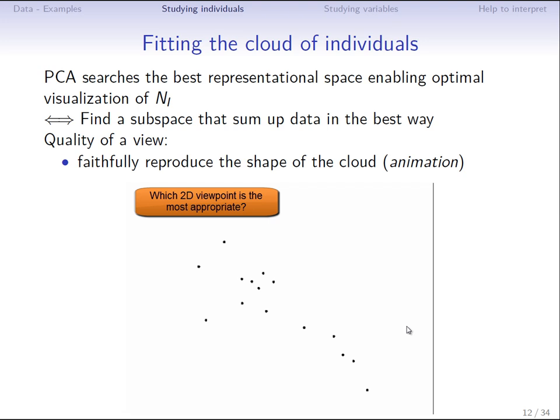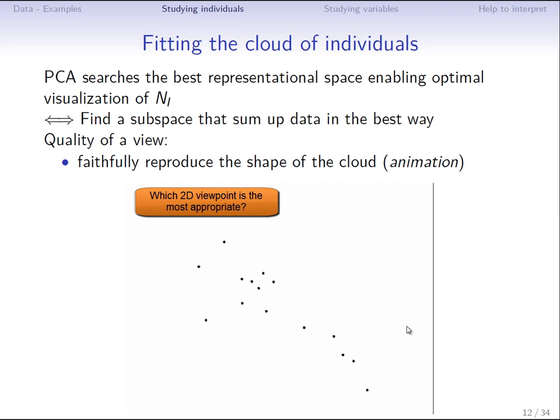For a representation to be successful, it must select an appropriate viewpoint. More generally, PCA means searching for the best representation space of reduced dimension, thus enabling optimal visualization of the shape of a cloud with k dimensions. We often use a planar representation alone, which can prove inadequate when dealing with particularly complex data.